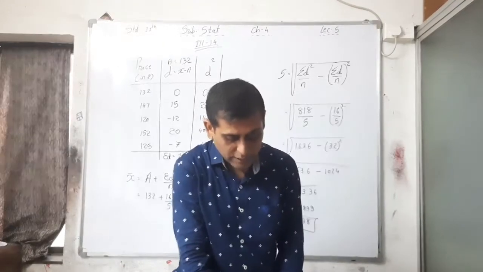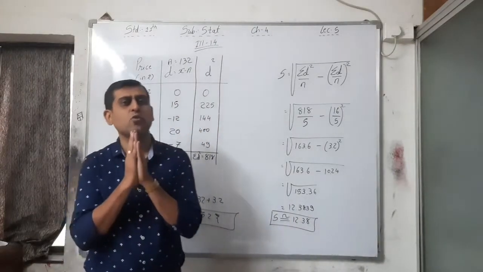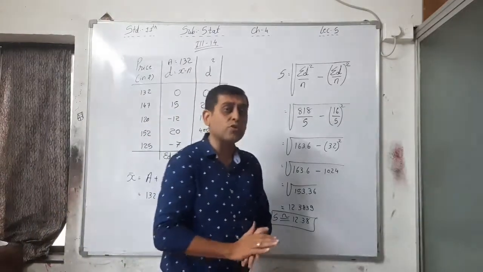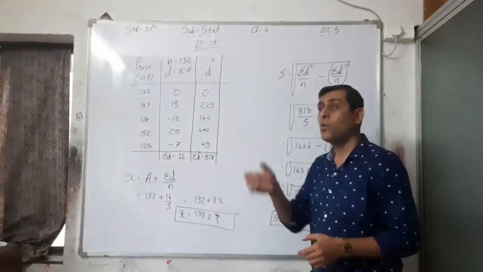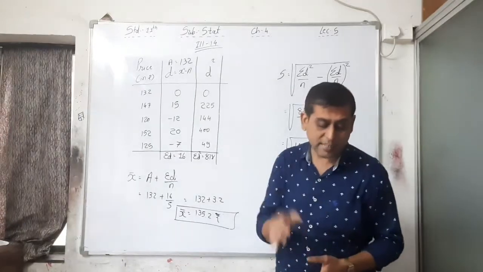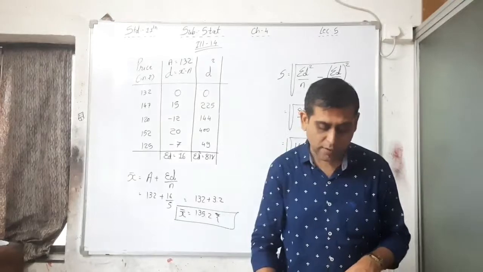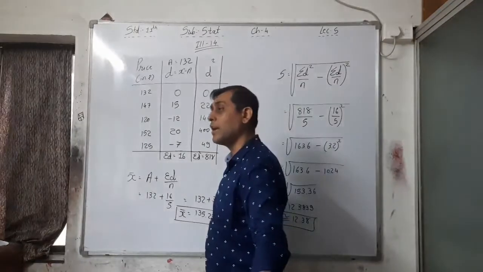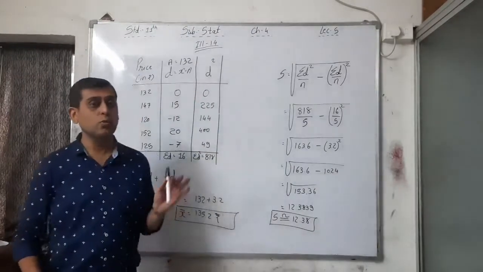That is a discrete group data, illustration number 15. See, by seeing the question, you have to remember which type of data. First question in your mind, by seeing the question, is which type of data is given, and then the second question, what we have to find out. Here, see the last line, we have to read first: find the standard deviation and coefficient of standard deviation of their number of absent days.